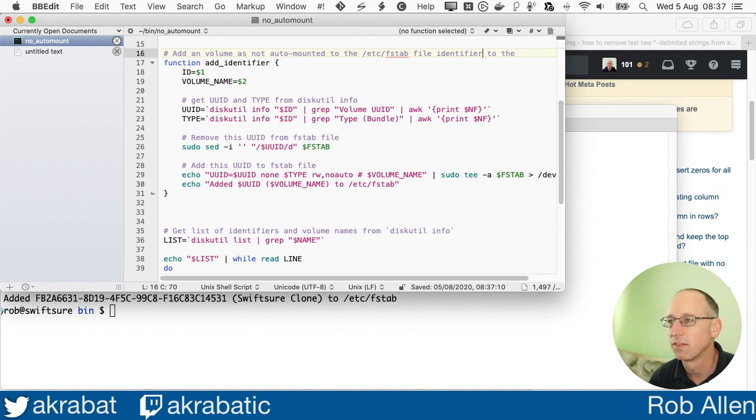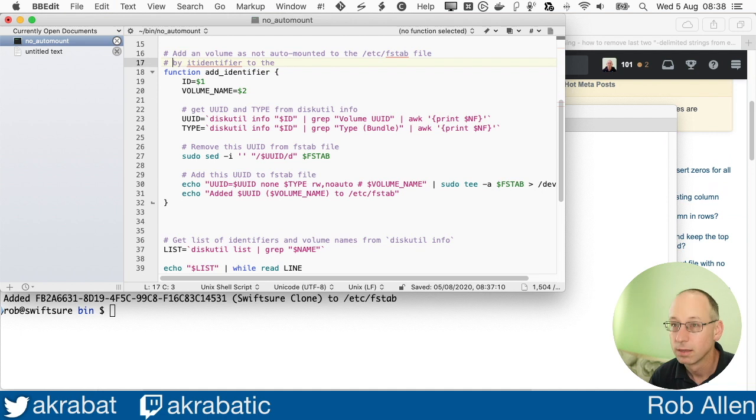So that's SS file by, how many lines are we up to here? How many characters? About there. By its identifier. Also pass in the volume name to add a